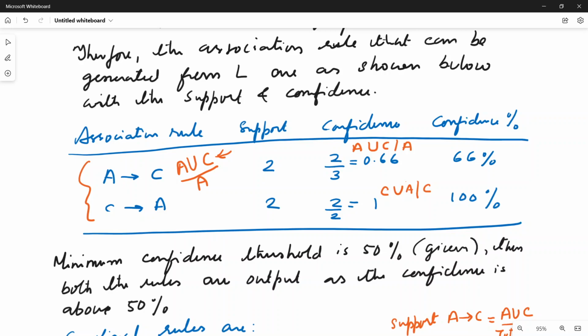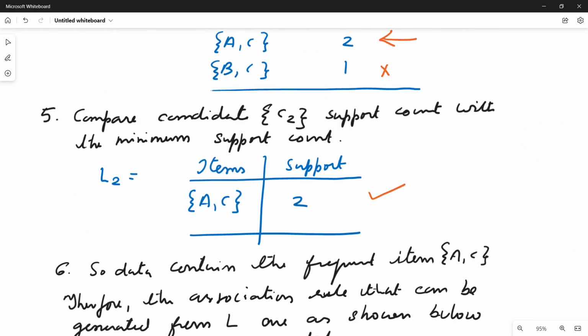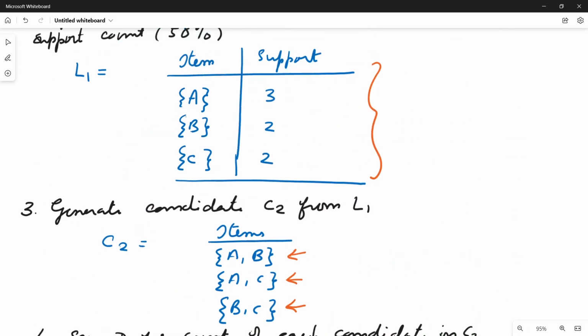Similarly, you need to find the confidence level for the association rule C to A. So C to A is C union A divided by C. That means the number of transactions having both A and C, divided by the number of transactions having only C. So A and C we have just now found it. It is 2 and